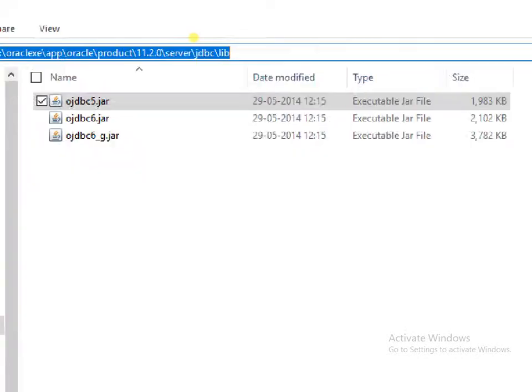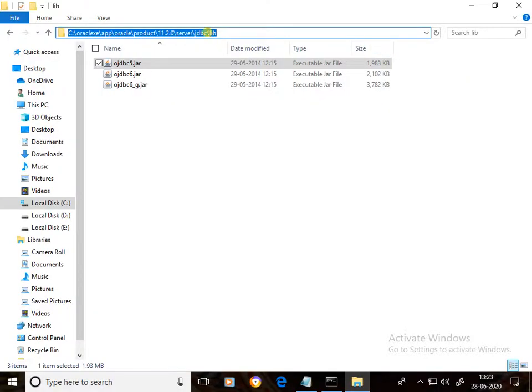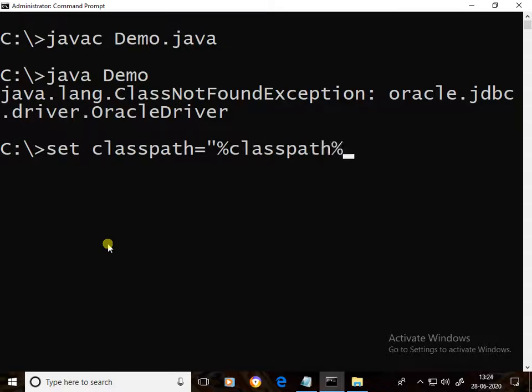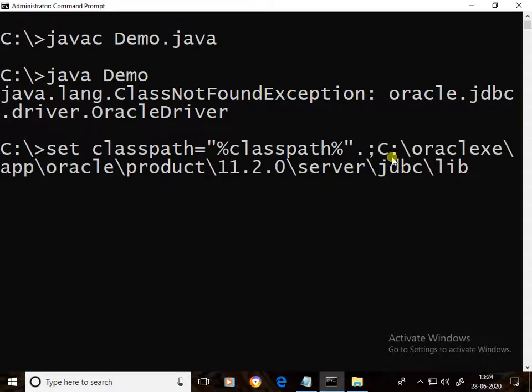Select the location, right click, copy. Now open the command prompt. Here, type set classpath=%classpath%;. in double quotes. Here you paste that location. After this, slash, type OJDBC6_g.jar;